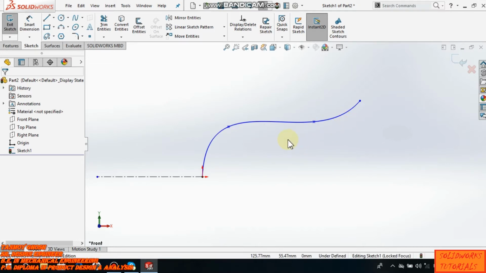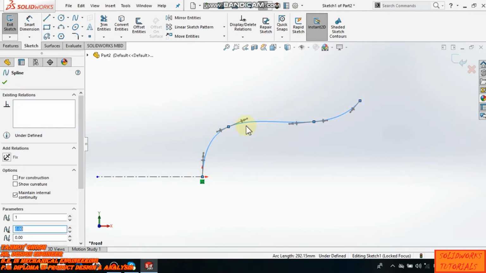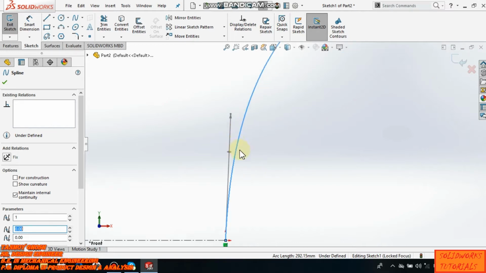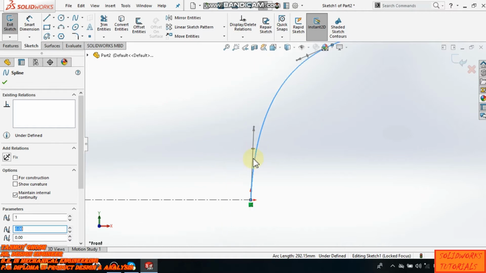Once points have been created, there are spline handles. They can be moved to modify this spline. You can see this spline handle. You can manipulate this spline through this spline handle. On each spline handle, there are three different handles that allow you to control the spline. The first one is the diamond handle, the second one is the triangle handle, and the third is the end point handle.